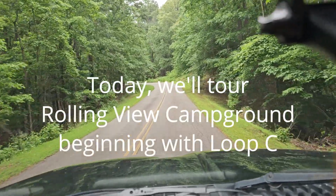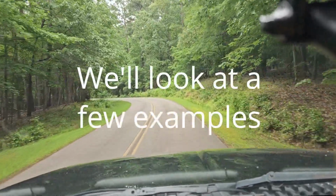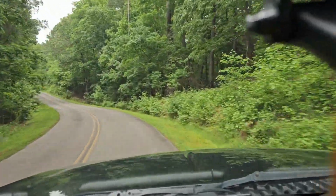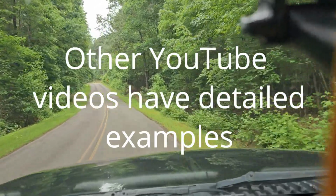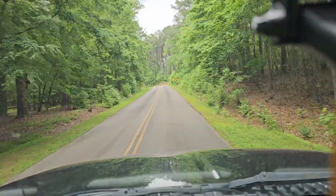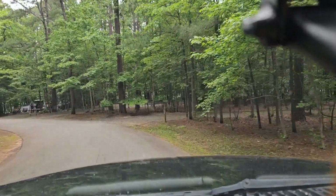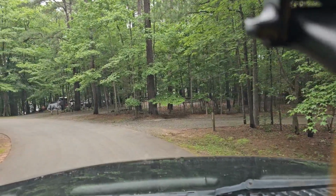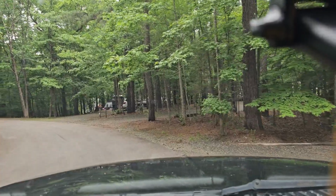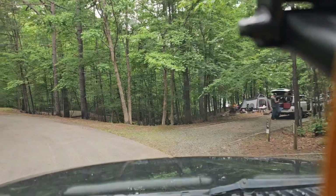This is section C of the Rolling View Campground, which is on the Falls Lake recreation area. It has electric. On this section, section C, there's no electric and no water. Now down here, you can see the water from these sites right here. Site 13, 14, 15,